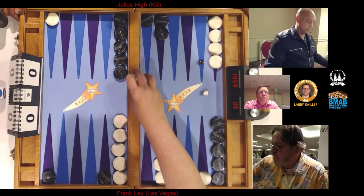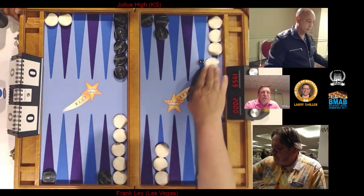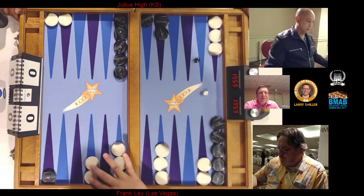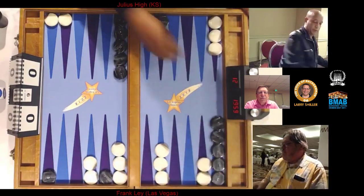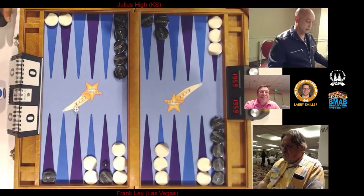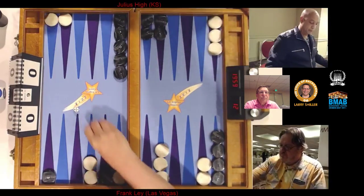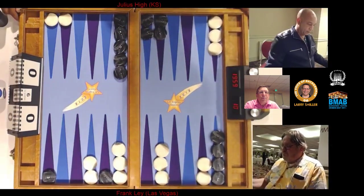He's got double 2s. Always nice to roll doubles from the bar unless they're 6s. Probably want to make his 4-point and make his 11-point. That's exactly what Frank is going to do in this play. Julius from Kansas City, Kansas, not Kansas City, Missouri. Rolls a 5-1 and he makes the bar. And now